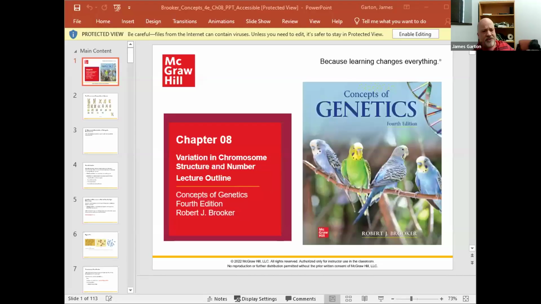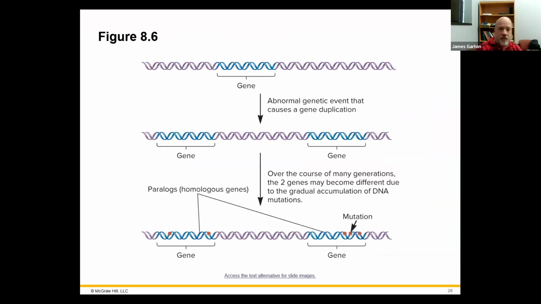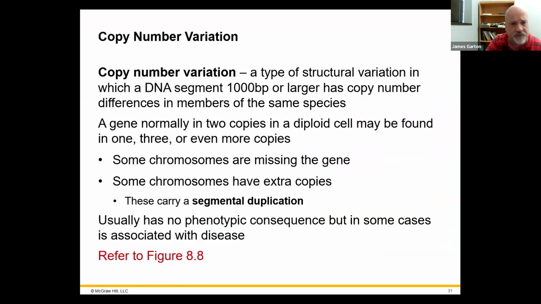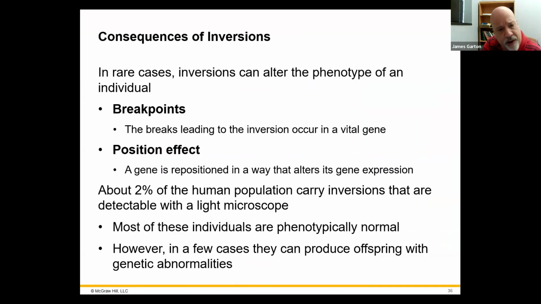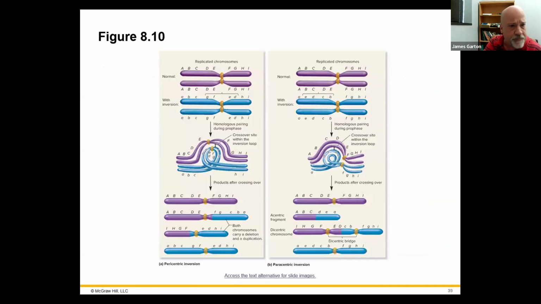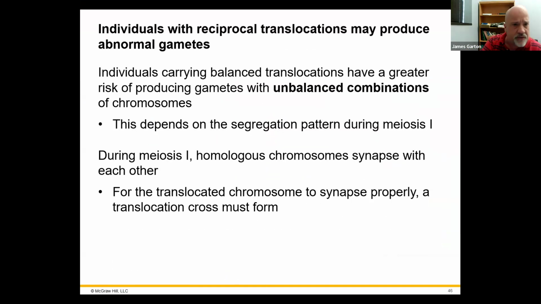Okay, I almost got finished with chapter 8 on Tuesday. It was longer than I thought it was, and so I got almost to the end. Chapter 8 is all about chromosomal level mutations, which are big changes in chromosome structure, and variations in chromosome number, and perhaps variation in gene number. And let's see, I got all the way down to